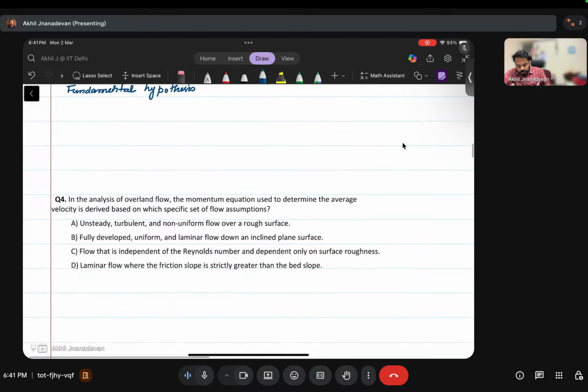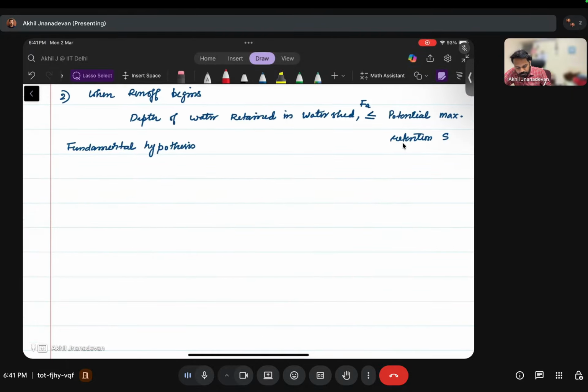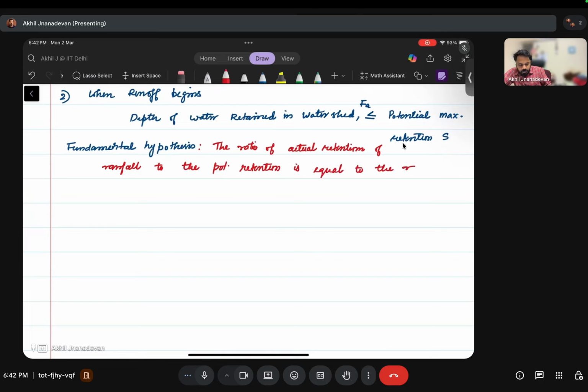In this case, our fundamental hypothesis is that the ratio of actual retention of rainfall to the potential retention, potential being the maximum, is equal to the ratio of